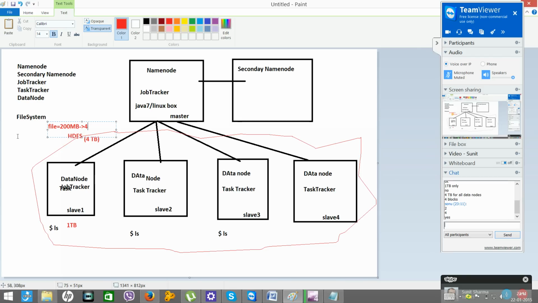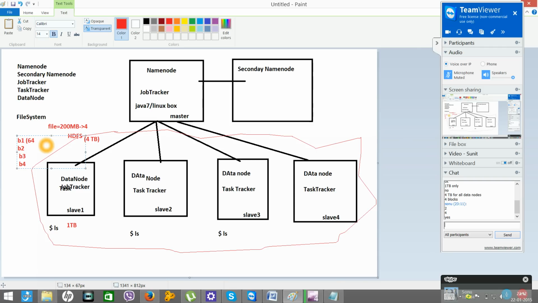So the blocks would be block 1, block 2, block 3, block 4. The size of the block, let's say, is 64 MB.